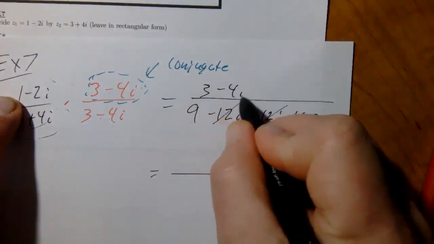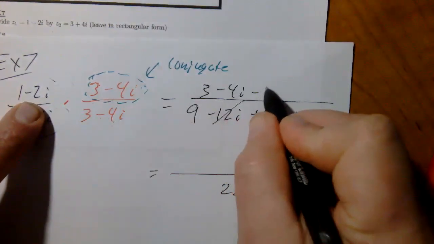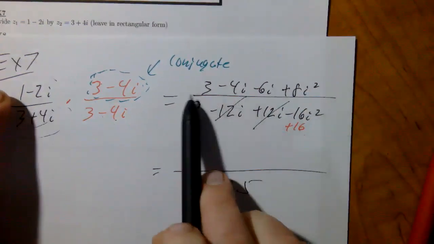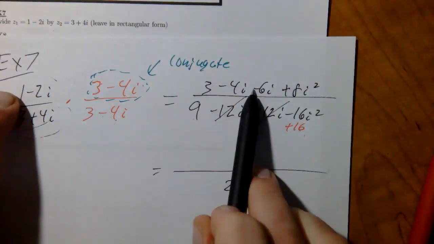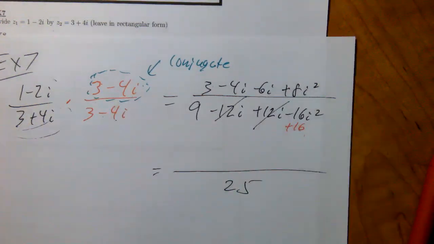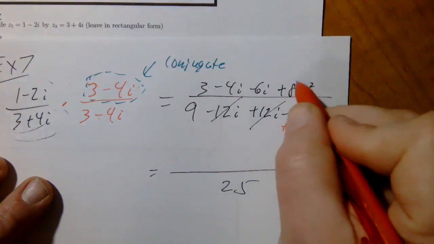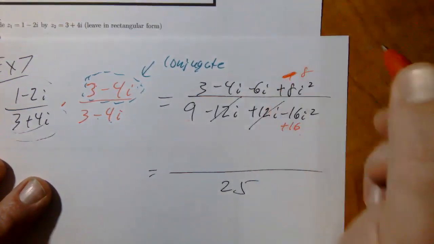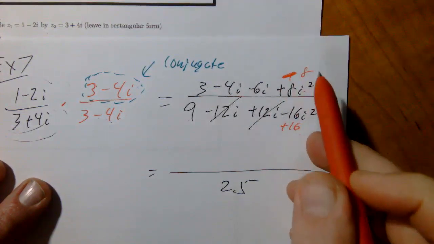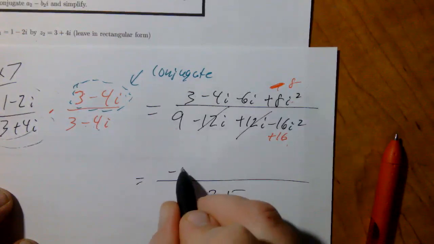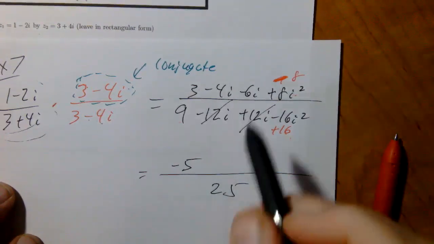Then you got the minus 4i. Then distribute here, the minus 6i plus 8i squared, right? So 1 times 3, 1 times the negative 4, then the negative 2i times 3, and then the negative 2i times negative 4i. Okay, so again, this is going to turn into plus 8, right? Because, what am I doing? It's already a plus. i squared is going to be a negative, so it's going to turn into a negative 8, right? Which means the 3 minus 8, real number wise, would be the negative 5,